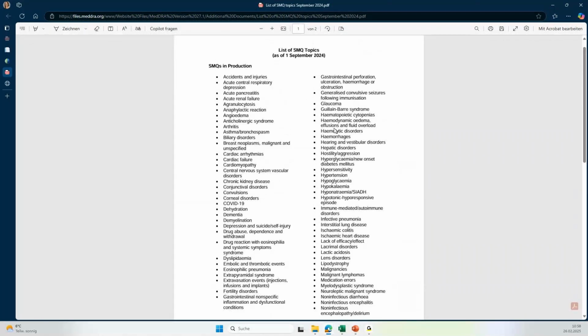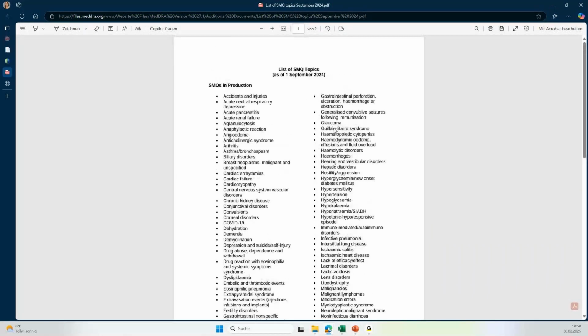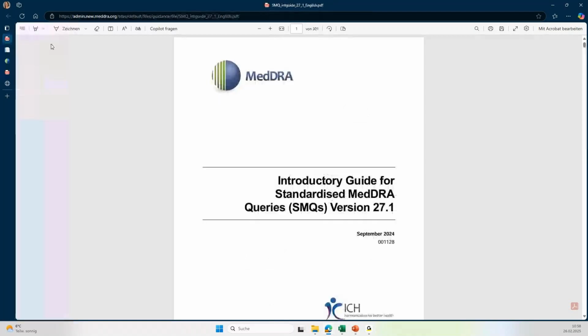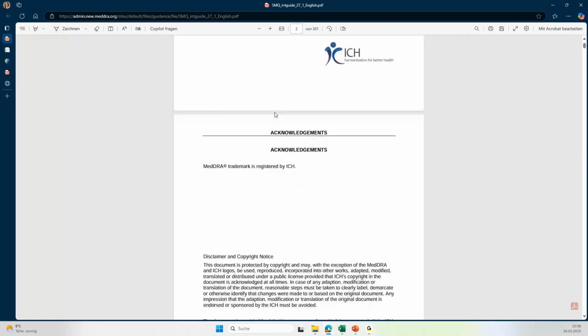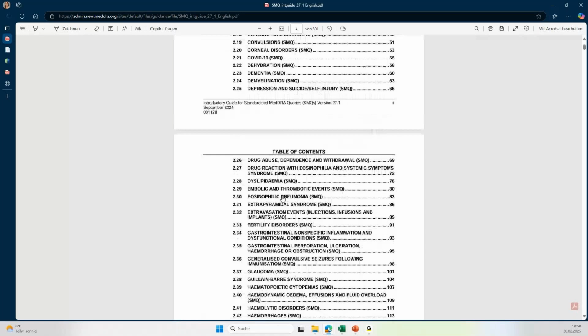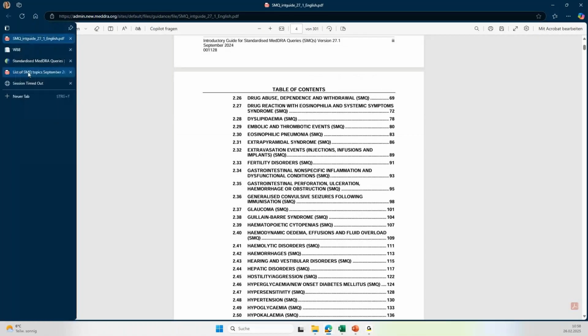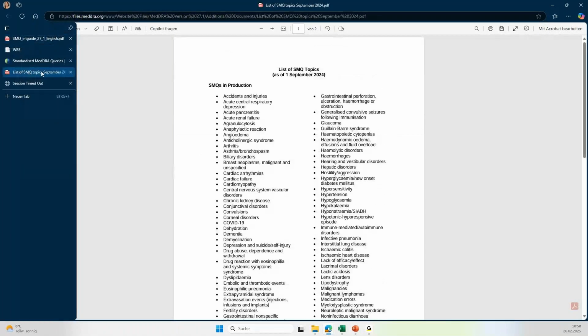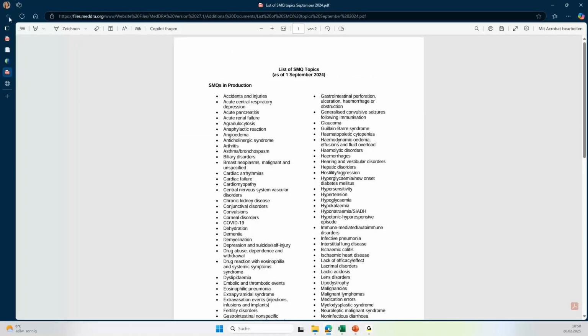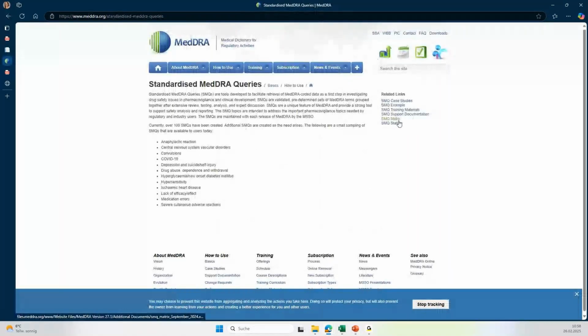You can also find this information, of course, in the SMQ introductory guide. Let's open that one as well. So, of course, you have that information in the table of contents, but you can also find it in the web-based browser, and I will show you that later on. Then we have the SMQ matrix,